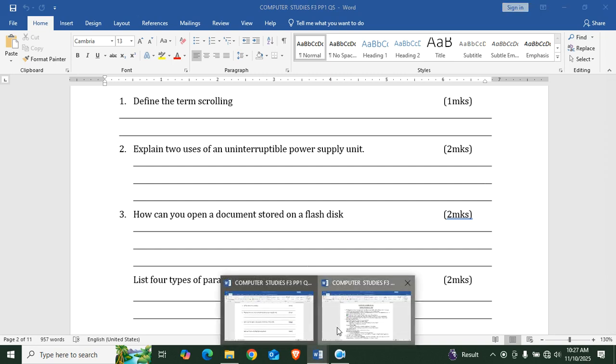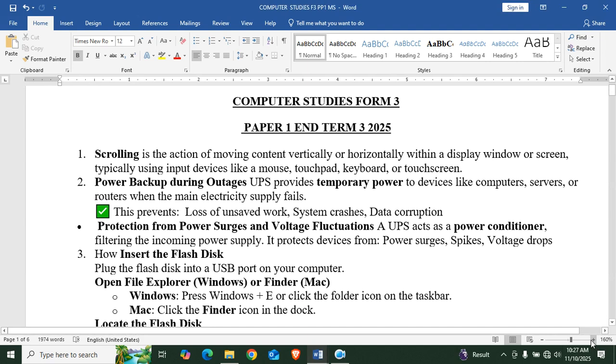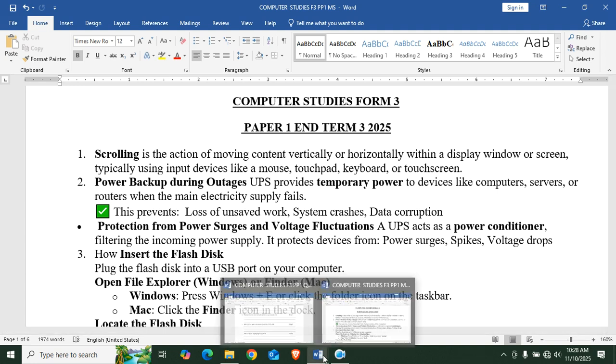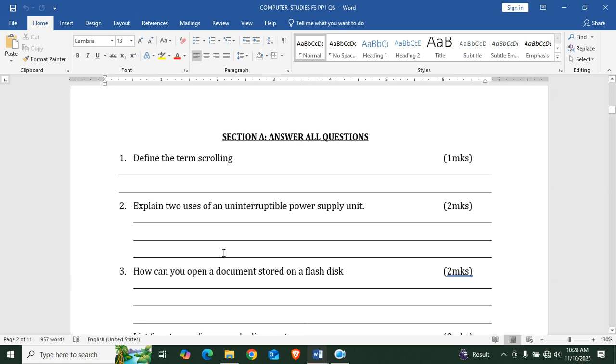So let's see what the scheme says. And the scheme is telling us that for backup during outages, UPS provide temporary power to devices like computers, servers, routers, etc. And also, it allows you to save work before the system can go off. Also, protection, that is protecting the system from destruction, as we have said. Then we have